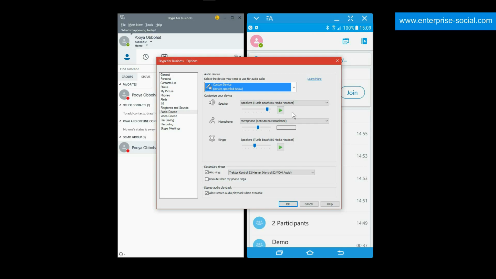You can change the levels of the speaker, ringer, and sensitivity of the microphone here. The play button plays a test sound, allowing you to easily fine-tune these settings. Make sure that the microphone bar doesn't fill up all the way to the end, as this will distort your voice. When using a headset, go to the sound settings by right-clicking on the speaker icon shown here and select